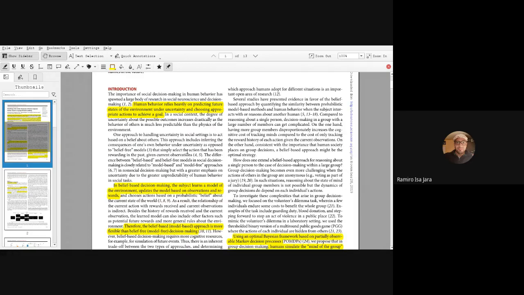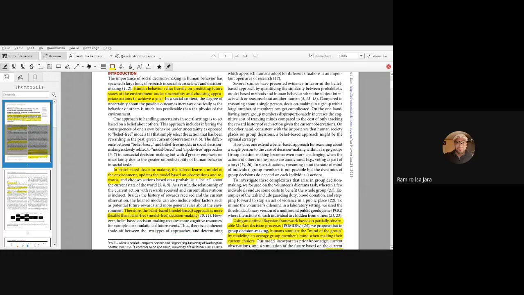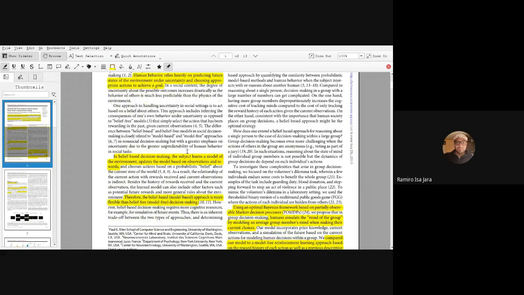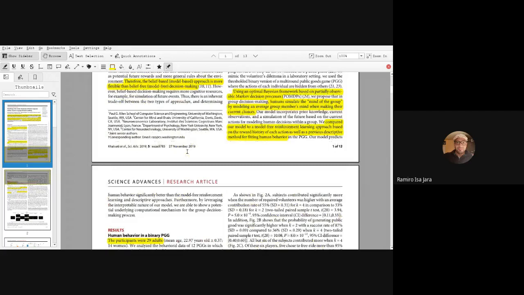this behavior can be modeled with many methods, in this case, according to a belief-based decision or belief-free decision. So in this case, the Bayesian framework is used because the choices depend on the actual state and future states. In reinforcement learning algorithms, for example, the reward depends on the action choice in the present state and the